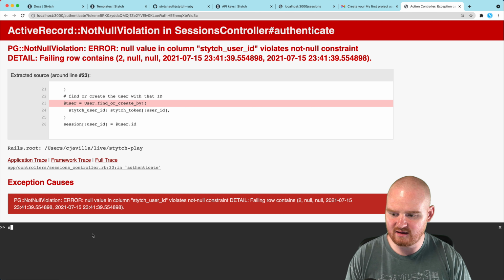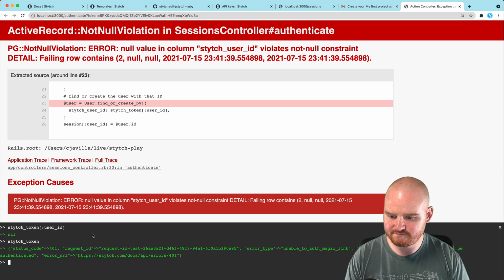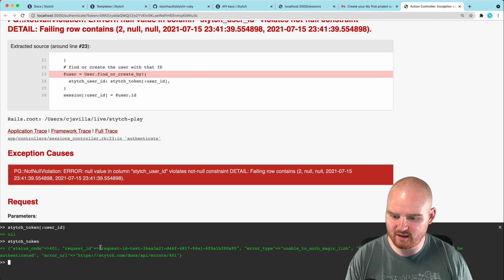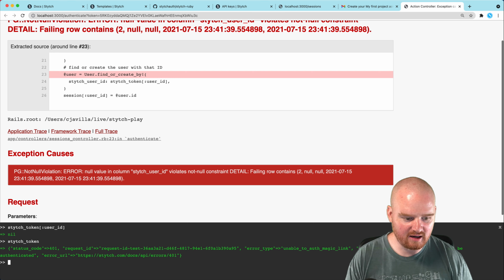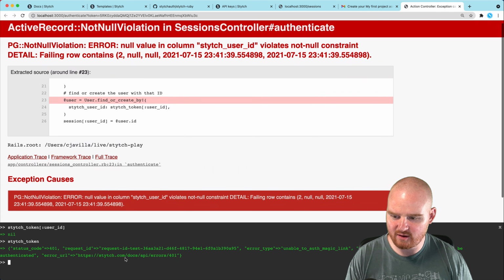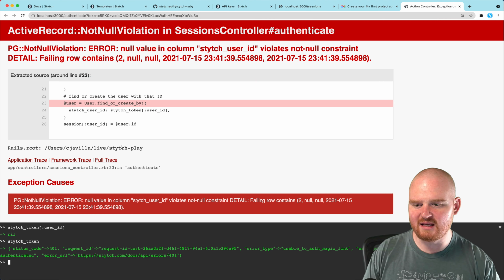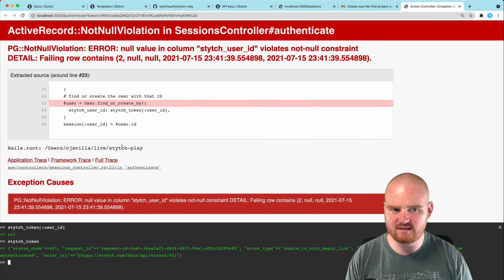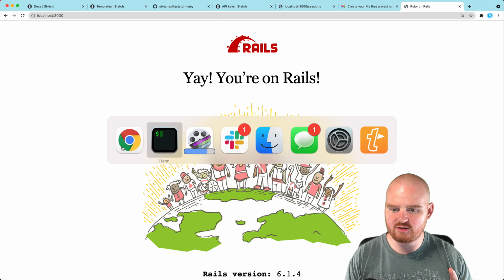So if I say Stytch token : user ID, I thought that was what, okay, so Stytch token. All right, so we got a 401, we got a request ID, unable to auth, magic link could not be authenticated, and we have 401. Okay, so I think we consumed it because I clicked on it twice. So let's go through the flow one more time. But before we do,